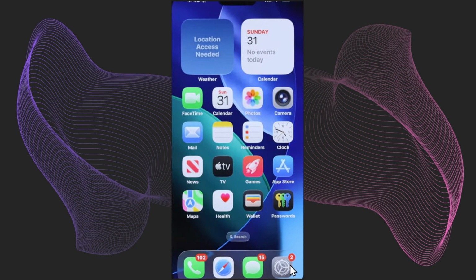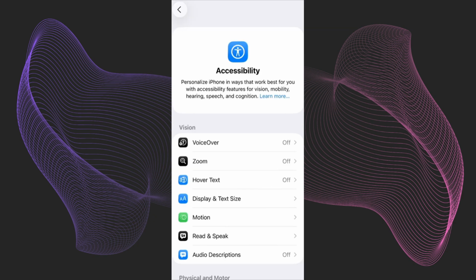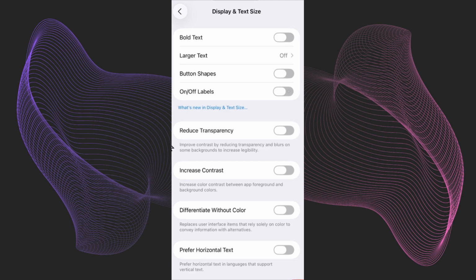So the first thing that you need to do is to open the Settings app. After that, you need to go to Accessibility options. From here you need to go to Display and Text Size, and after that you will find the Reduce